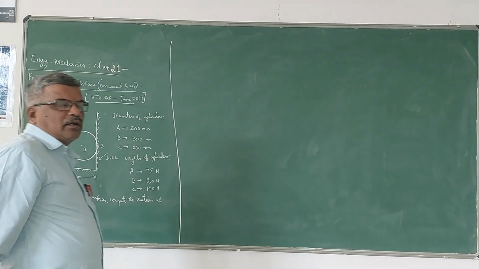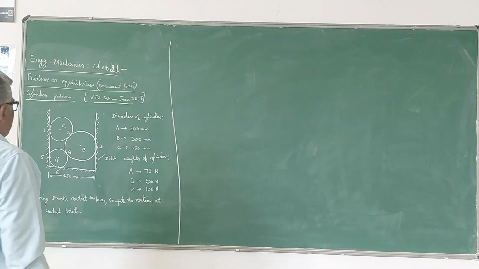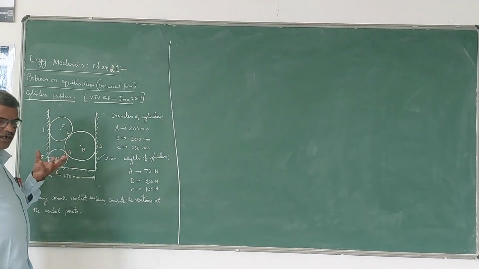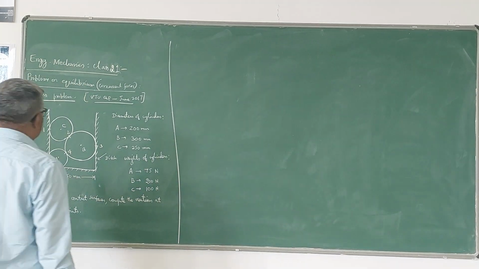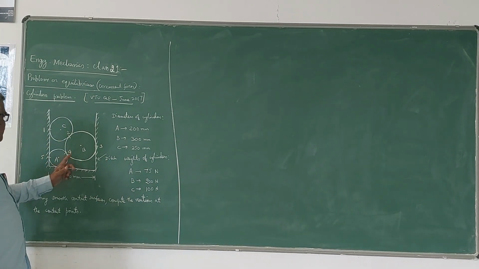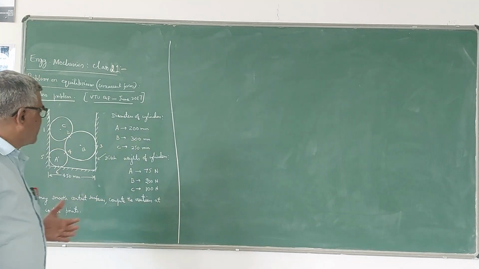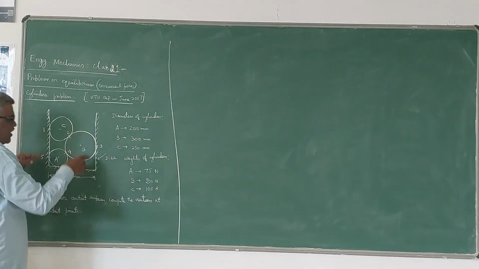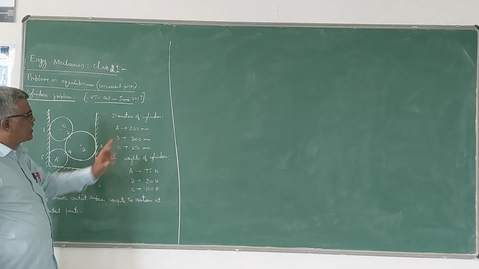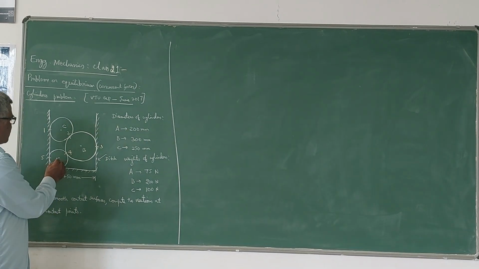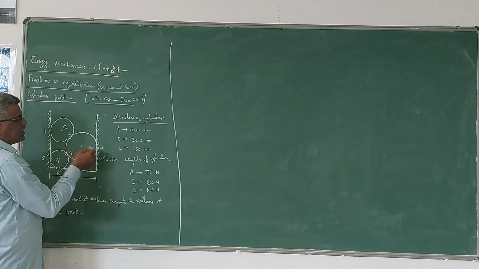In this class, we will discuss one more problem on equilibrium of bodies. Of course, it is a typical different type of problem wherein he has given three cylinders, A, B, C, three cylinders of different diameter and different weights, kept in a ditch. This is a trench or a ditch with width 450 mm, and he has given the diameters of the cylinders as for this cylinder A, diameter is 200 mm, for B it is 300 mm, bigger one, C medium one,